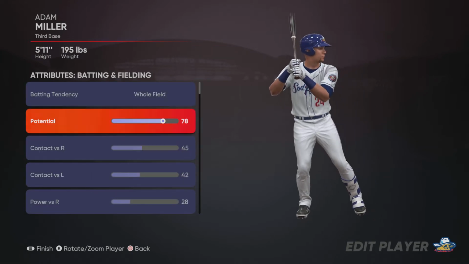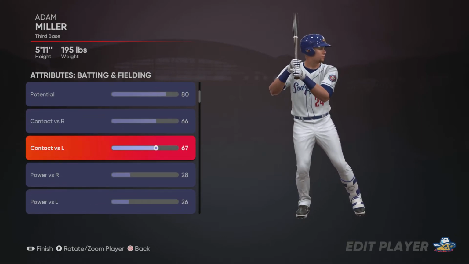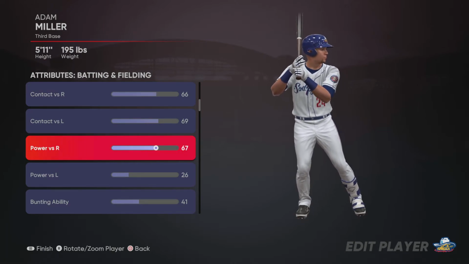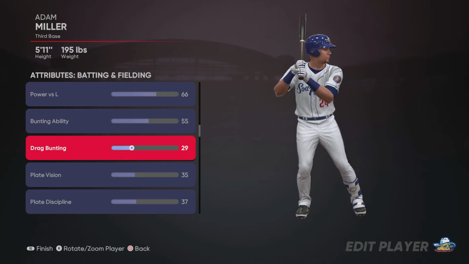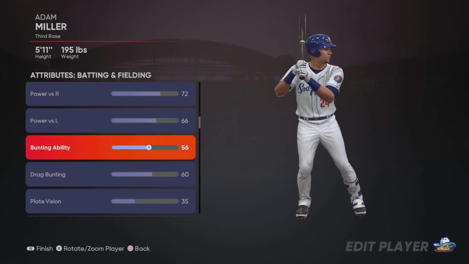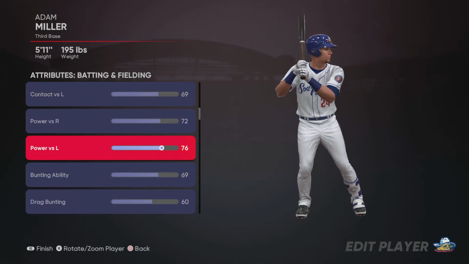I want all this stuff to be a little bit better because I want a good hitter now. And this could be one way to cheat, but I don't look at it like that. I look at it like, I want an extra good player on my team now. Okay, and the reason why I'm intensifying his attributes is because this video, I'm specifically talking about people who